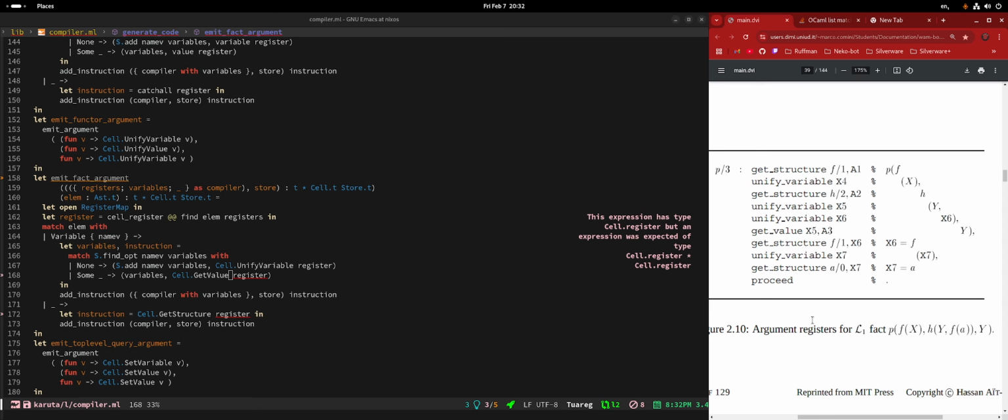What the heck is a3? That's the same as x3, but in this case it's because this is the third position of the fact. Oh, the first argument of this fact is f of x, the second one is age of whatever, and the third one is just y. Yes, yes, yes.